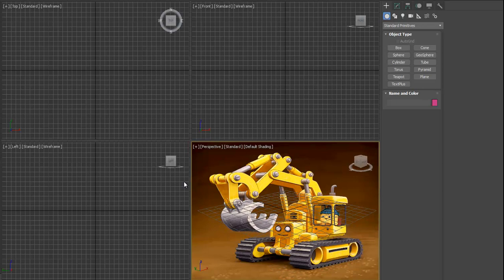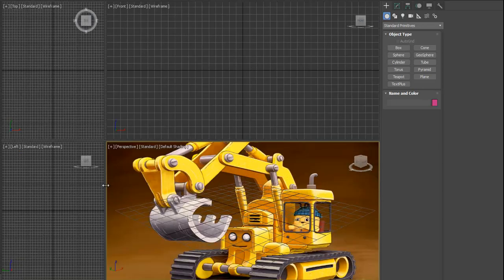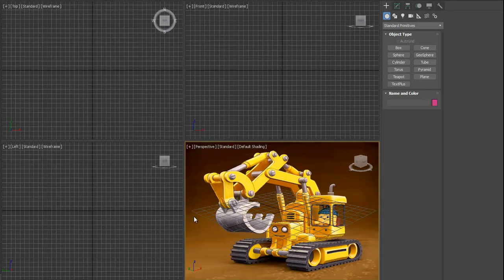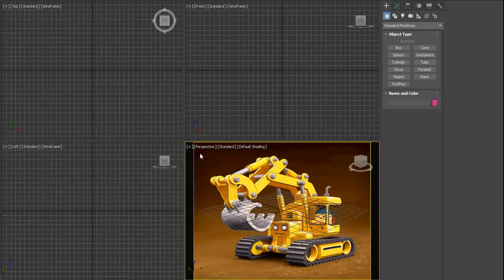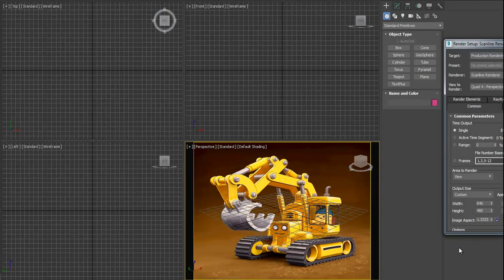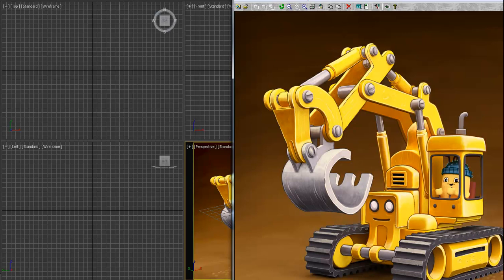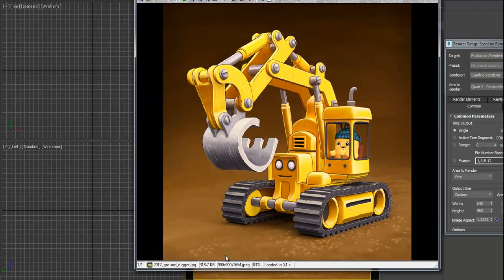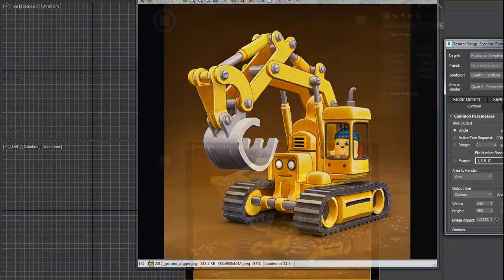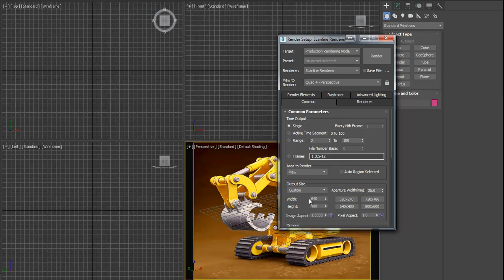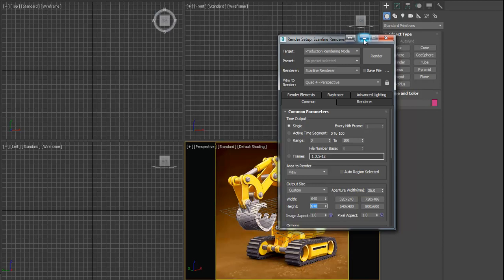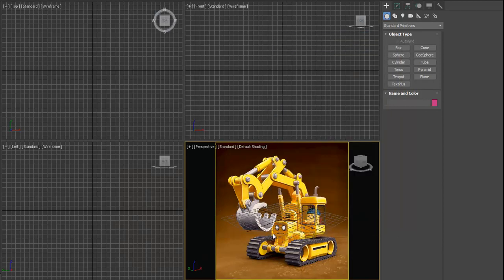Then we need to adjust our viewport, because if we stretch our viewport like this, it's going to stretch this viewport too. So we need to press Shift and F to make it bounded, and let's look at the resolution of our image. So it is 900 by 900. So we know that the aspect ratio is 1:1, and now we need to change our render height and width to the same, like 640. And now we know that our image is correct here. So let's create this